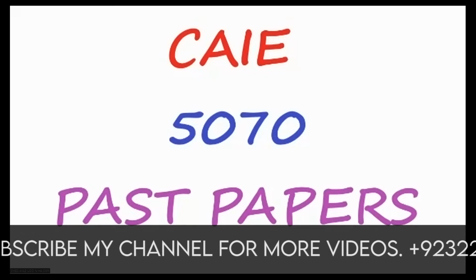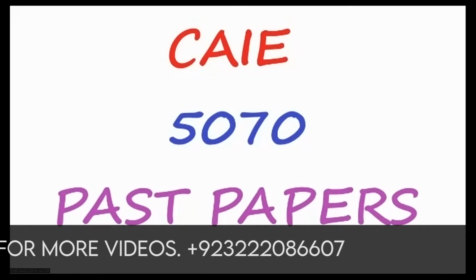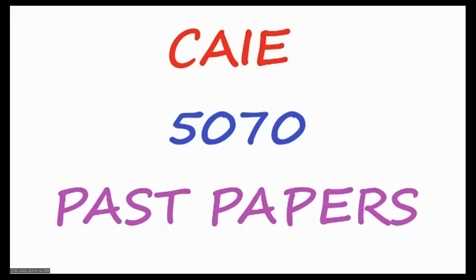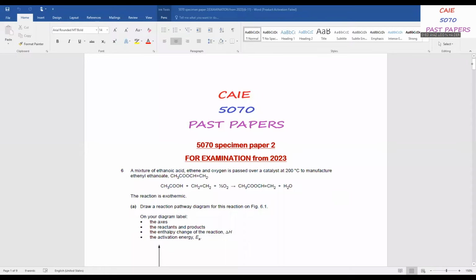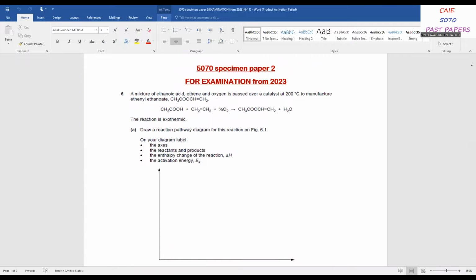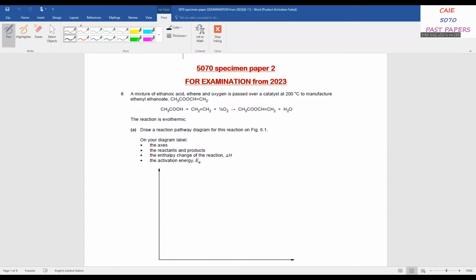So I was solving the CAIE 5070 past paper, specimen paper 2. I will continue with that specimen paper. The specimen paper is paper 2, and for this one we have question number 6. Let's start. A mixture of ethanoic acid, ethene, and oxygen is passed over a catalyst at 200 degrees centigrade